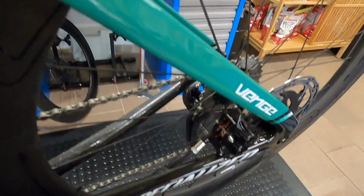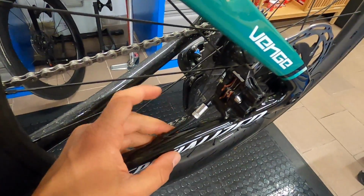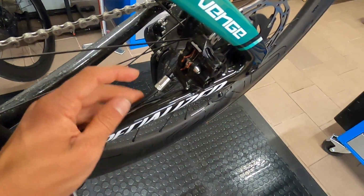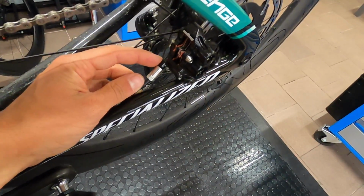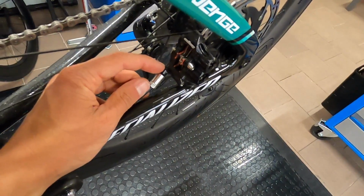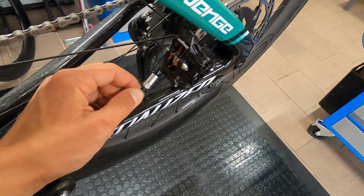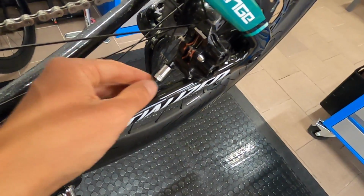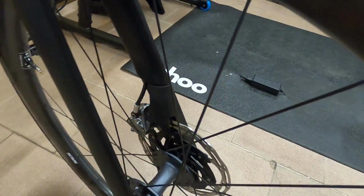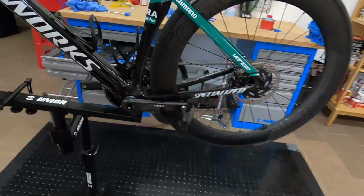Now, if you do this change, you will need to bear in mind that you will probably need a longer brake hose, because the HRD caliper has a banjo style fitting. If you cut it off, you're left with a hose that's around 2-3 centimeters shorter, which might not be long enough to reach and apply the compression fitting of the Hope caliper. So just to illustrate, you will have to cut off this whole bit, and then it's just too short. So I had to change the brake hoses. Not ideal,